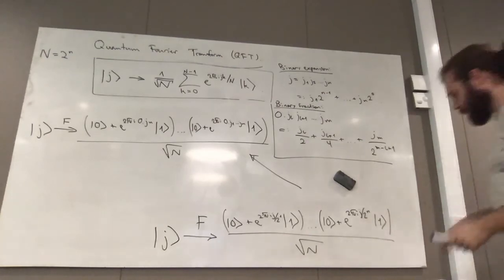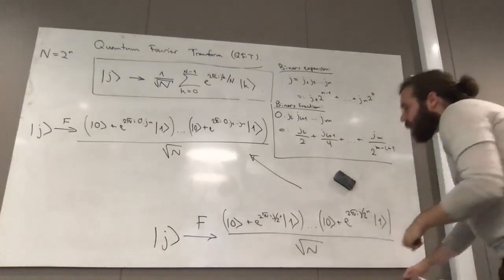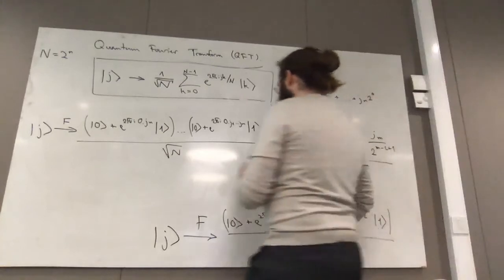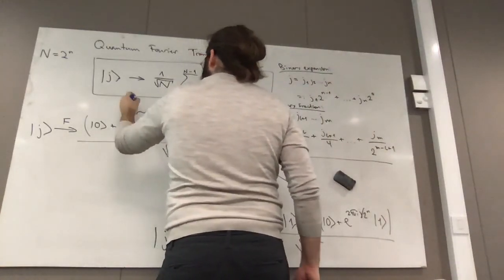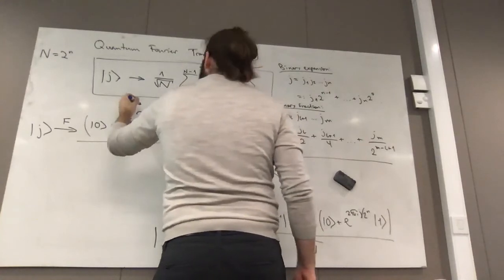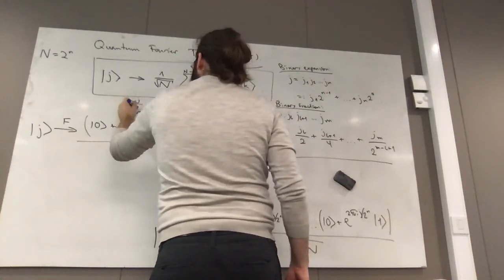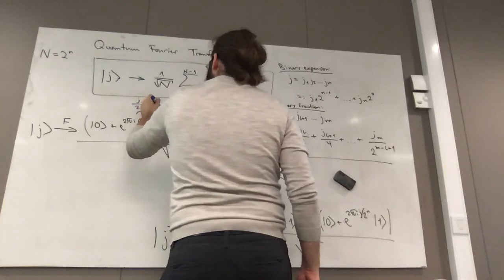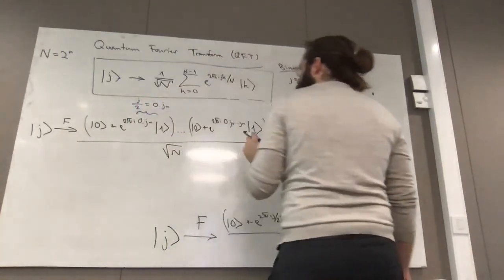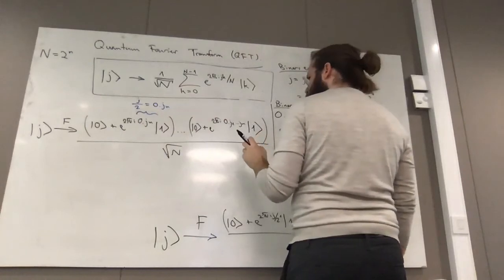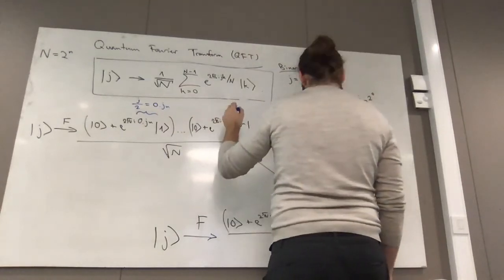Okay, 0.4. So in order to just be clear what goes where, we're saying that j over 2 is equal to 0.jn, while